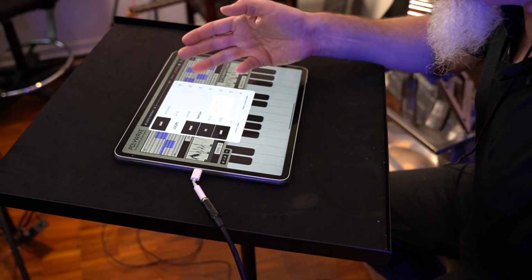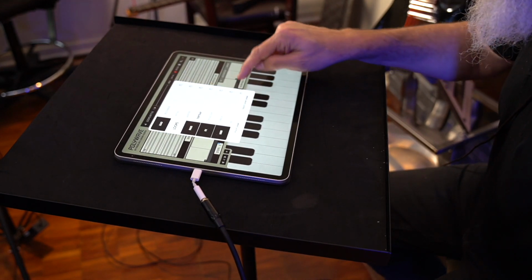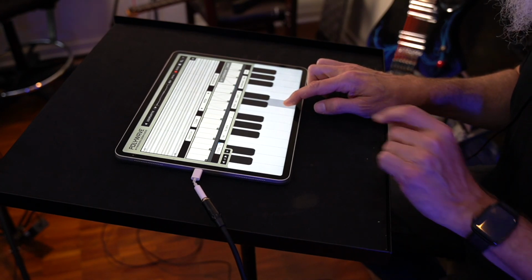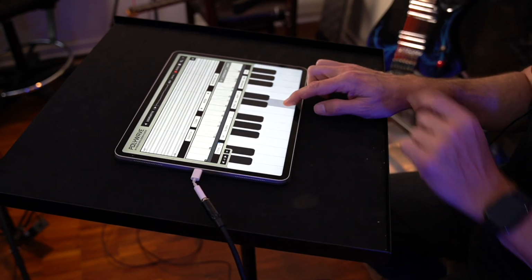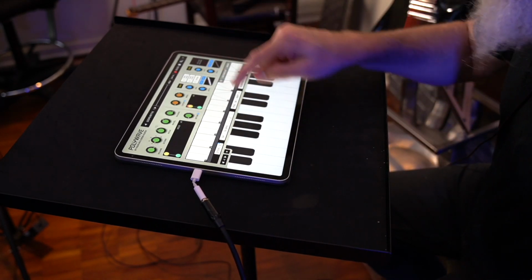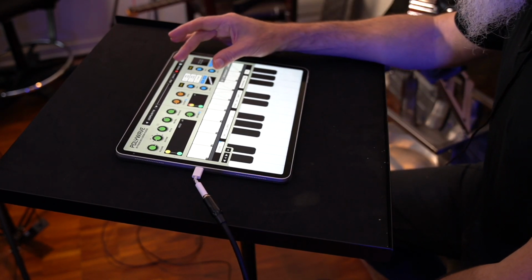It's asking me if I want to save this modified preset. I'll say no. Here's another one. This one is especially cool because if you look at the waveforms moving, here's what's happening. Okay, this is awesome. You have your number of steps here, but one of the most powerful features of PolyWave